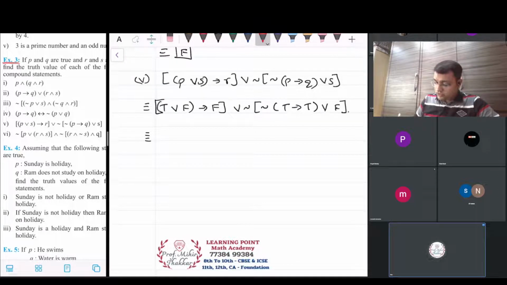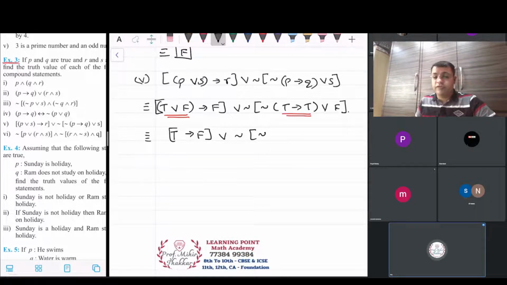First of all, I will solve all the brackets, the inner brackets basically I should say. So here T or F, because it is or, both F then F, otherwise it is true, so here it should be equal to true, and the remaining elements I will just copy down in their respective positions. The second inner bracket is T implies T. Condition for the implication is that first T and second F, only then it is F, else it is true. So the answer over here is also going to be equal to true. So it is negation true that has come down, or it is F.